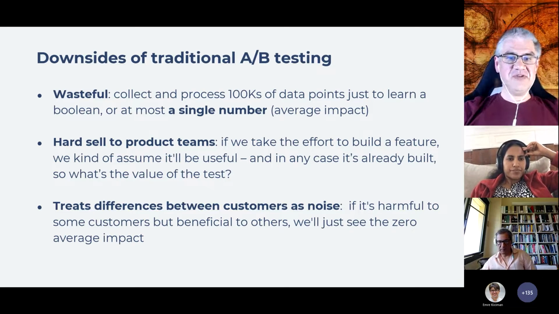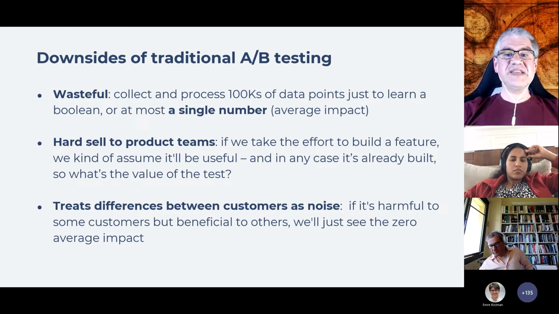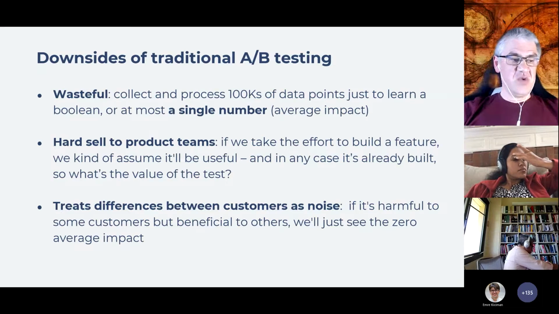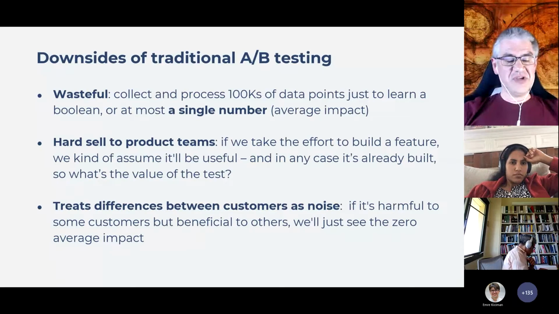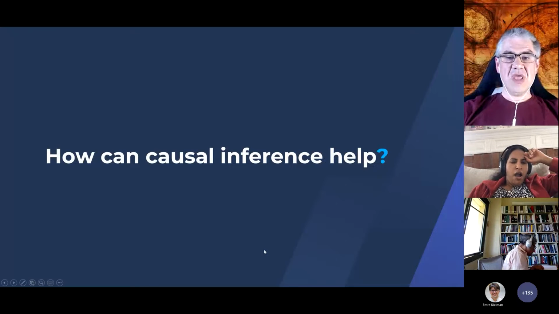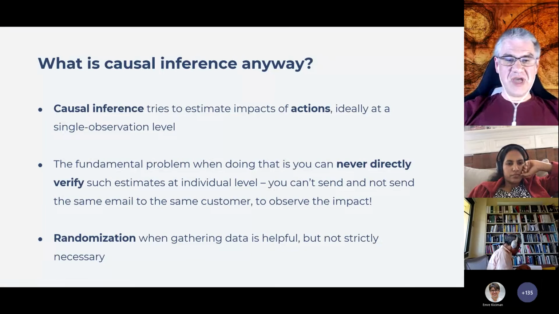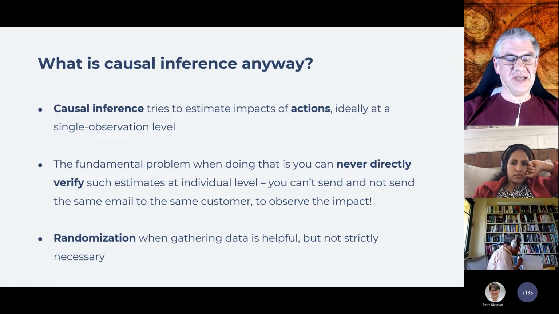And finally, for those reasons, it's also kind of hard to sell to product teams. If we've already taken the effort to build a new version of a feature, then we probably assume it'll be useful. And in any case, it's already built. So how do we justify additional resources to run the test? And how can causal inference help with this? There's a couple of ways. The most important one is that